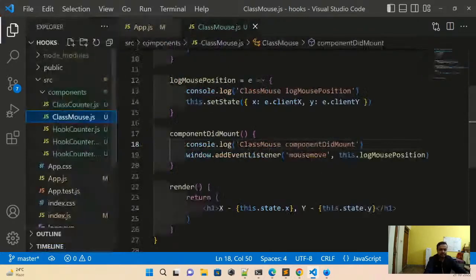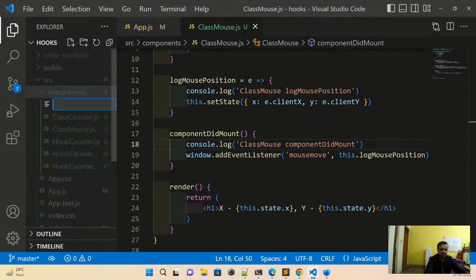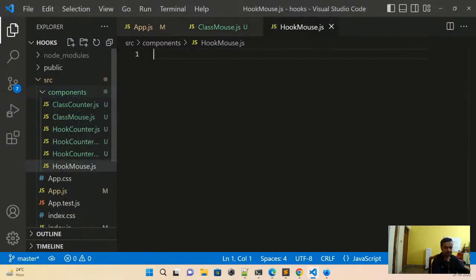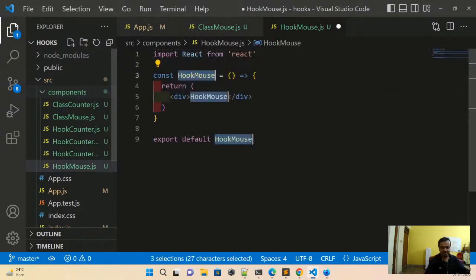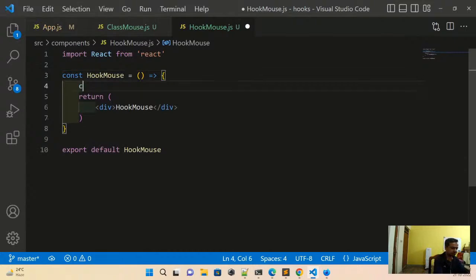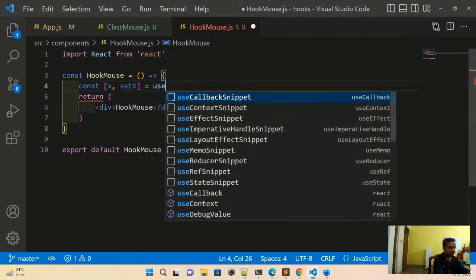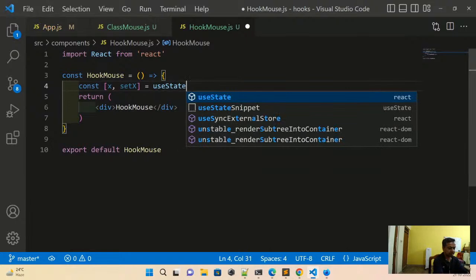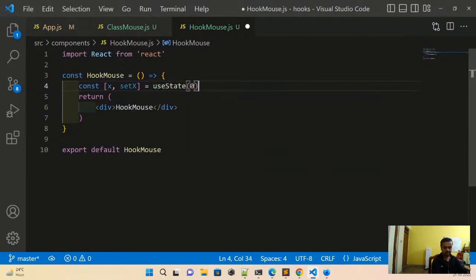So here I will come and create HookMouse.js, and then rafce, HookMouse. I'm going to first convert the same thing here. So const x, setX is equal to useState(0), and